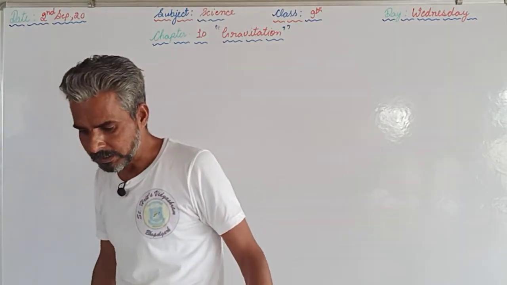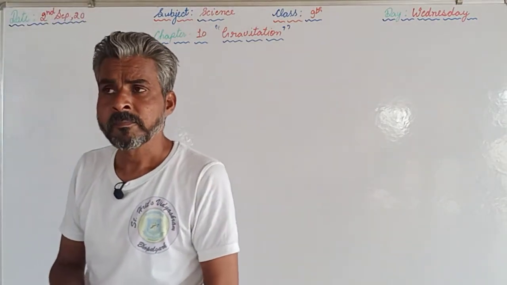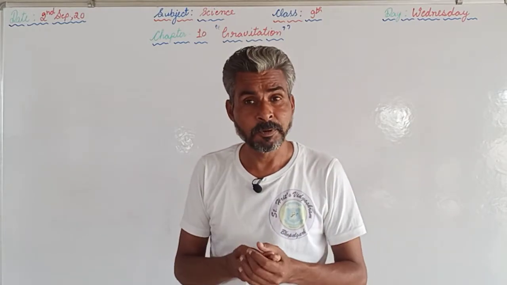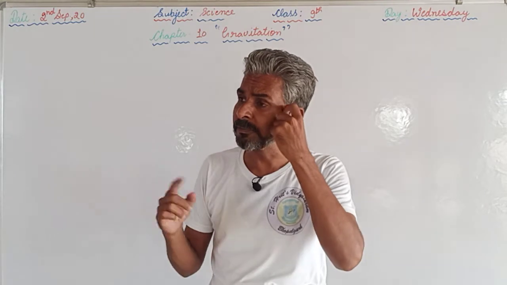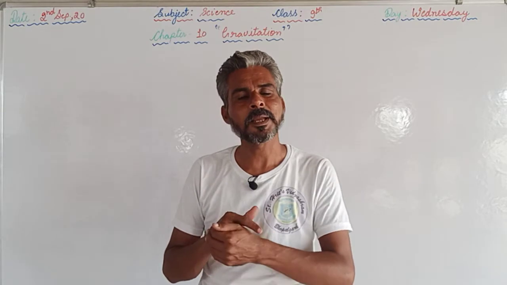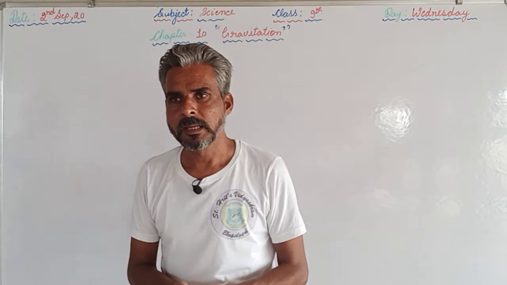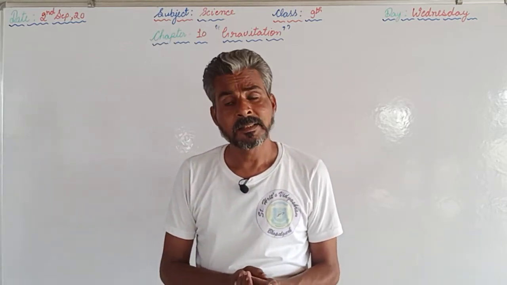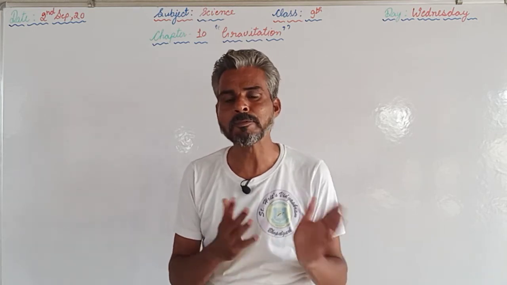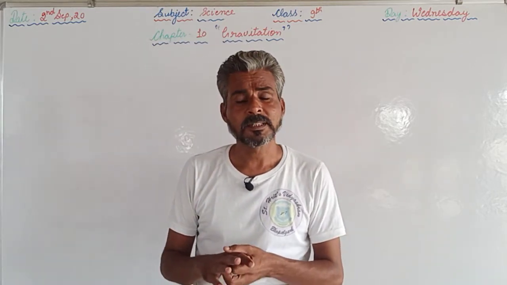At the same time we have discussed the universal law of gravitation, which states that if two objects are there of masses m1 and m2, and if the distance between their centers is r, then the force between these two objects will be directly proportional to the product of their masses, at the same time inversely proportional to the square of the distance between their centers. So we get the equation like that: F is directly proportional to m1 m2 upon r square. So we are supposed to convert that into an equals to sign. So we will supply the constant from our side, and that constant is capital G.